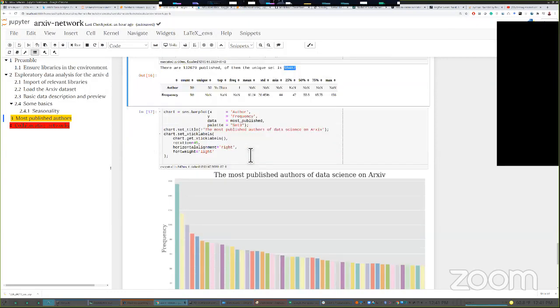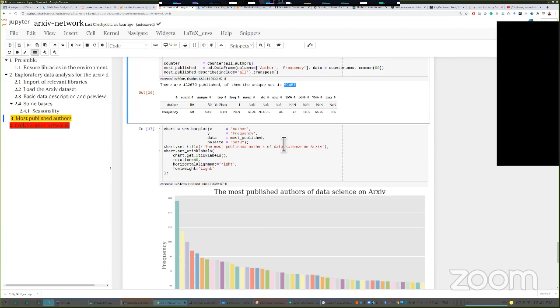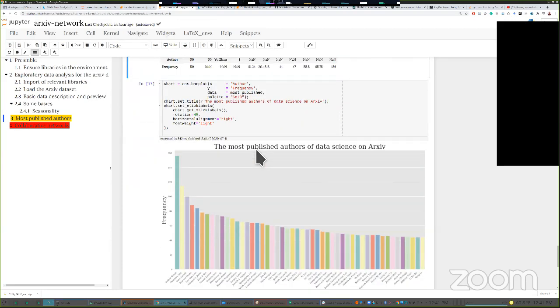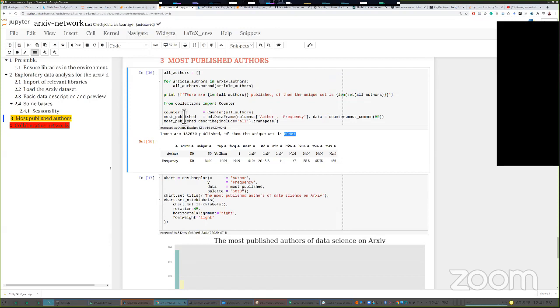Moving forward, we can ask who are the most published authors. How would you do that? That is very easy. You can just do a box plot. By the way, this library is very useful. I often see people use dictionaries to create word frequencies and so forth, here the word being the author.